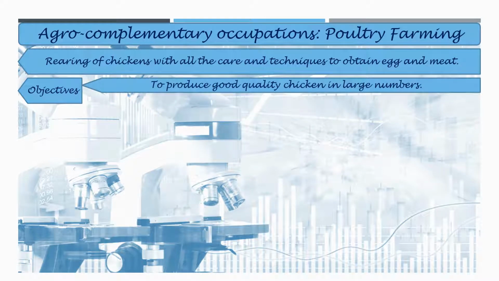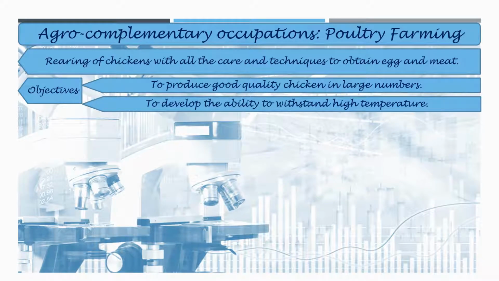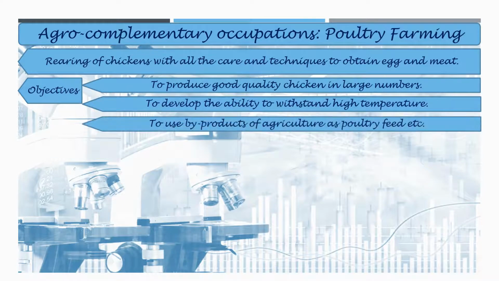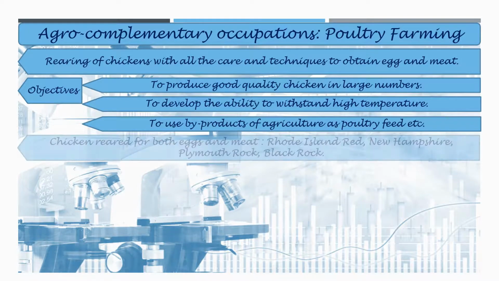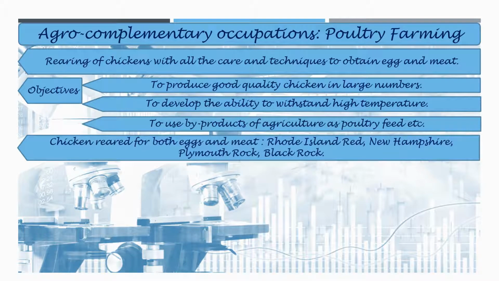large numbers, then to develop the ability to withstand high temperature, and to use byproducts of agriculture as poultry feed, etc. And chickens reared for both eggs and meat are Rhode Island Red, then New Hampshire, Plymouth Rock, and Black